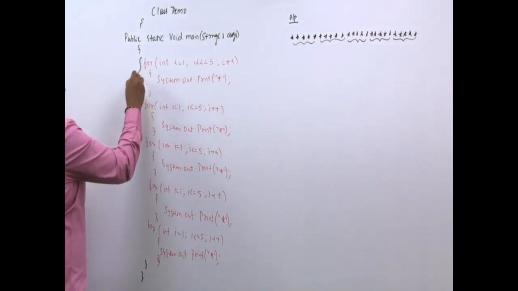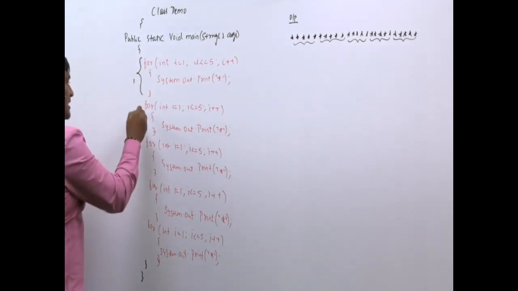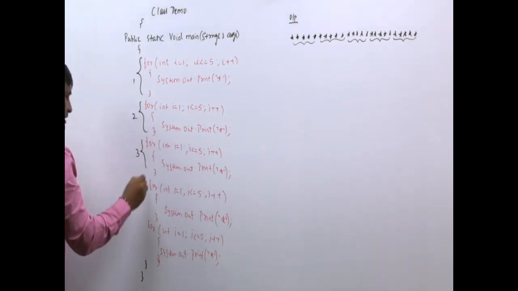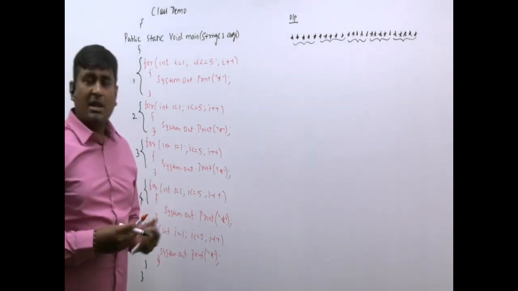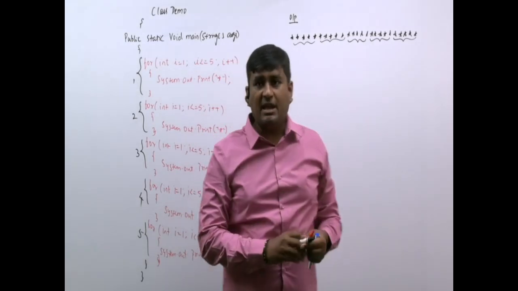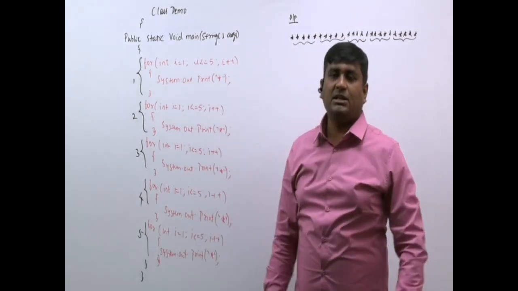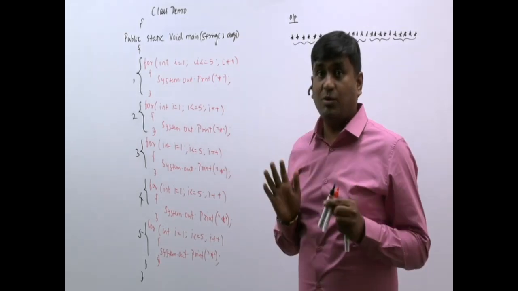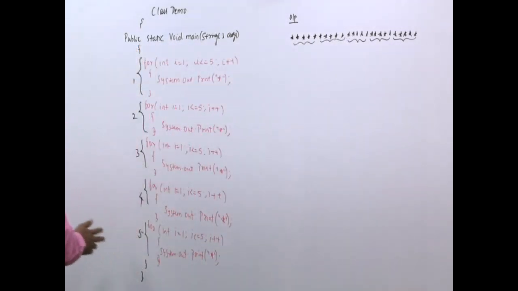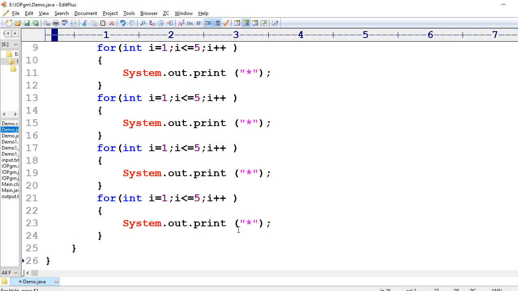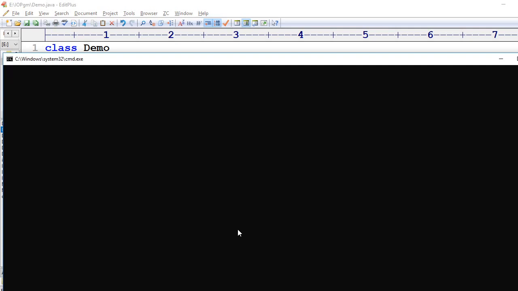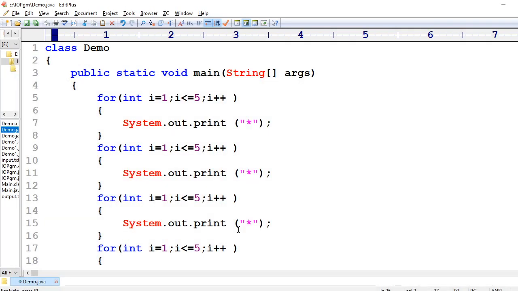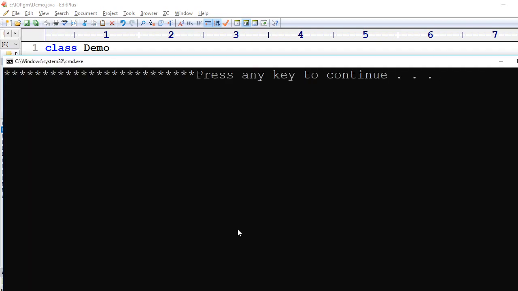Now, if I execute this for loop first time, 5 stars, second time 5 stars, third time 5 stars, fourth time 5 stars, fifth time 5 stars, I will get it. My requirement was 5 stars 5 times you should be displaying. Now if I write like this, happily I will get that output. Let us see whether I will get the output or not. Just have a look, I will show you the output. So here is the same program that I have written. Now if I compile my code, there is no problem. If I execute it, I have got 5 stars 5 times in the same row.